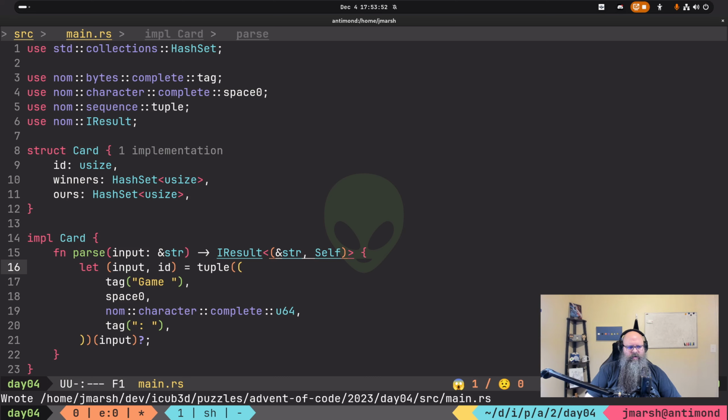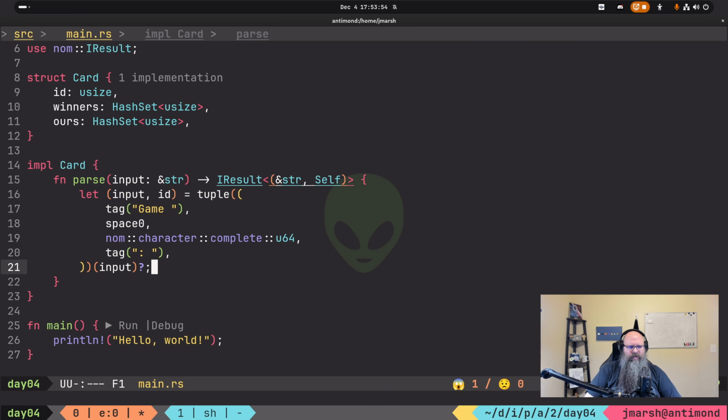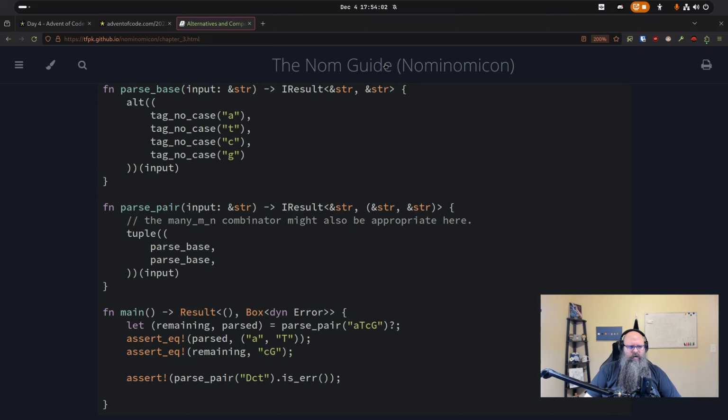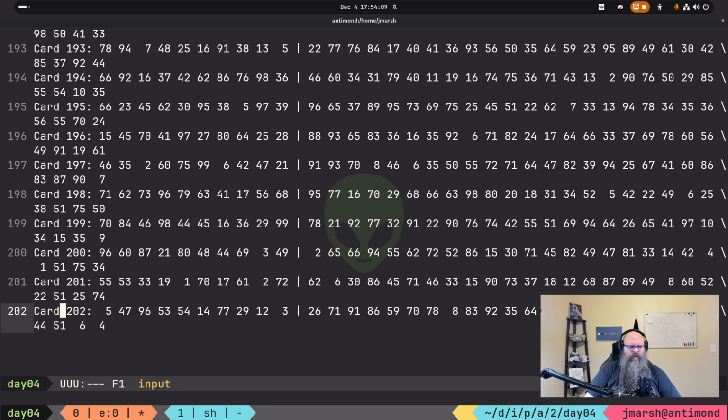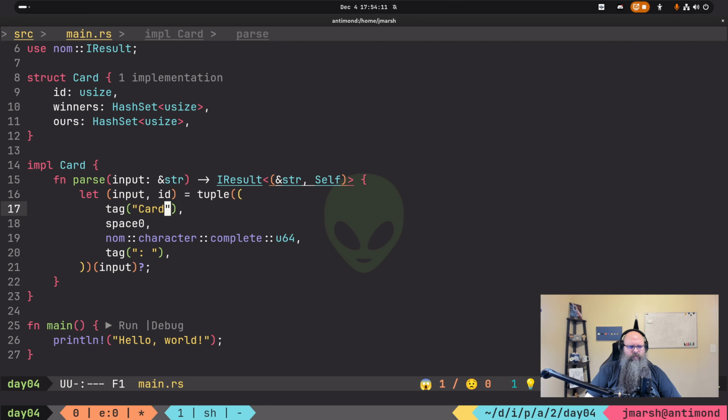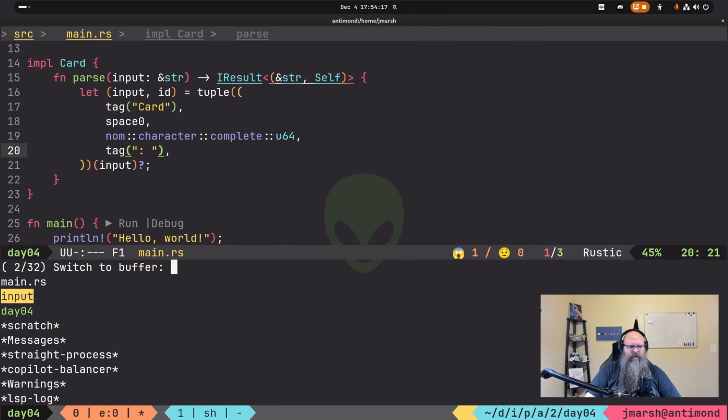Okay. So that should give us the... Oh, but it's called card now. So there's card, some number of spaces, possibly only one, then the ID, then the colon. And then after that, we have